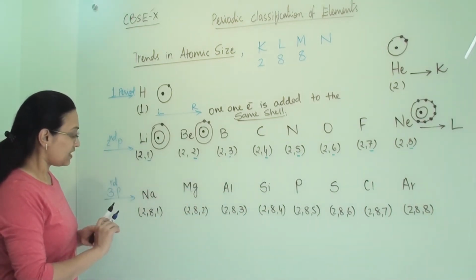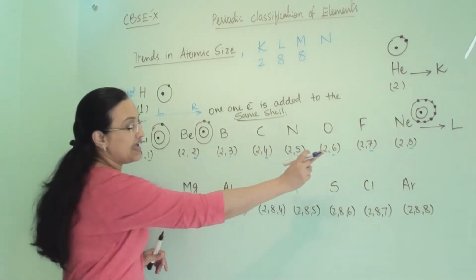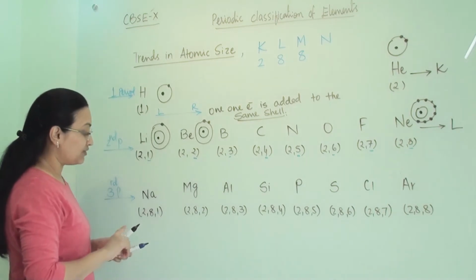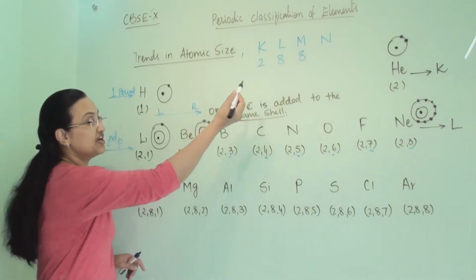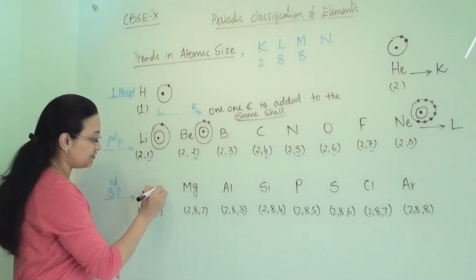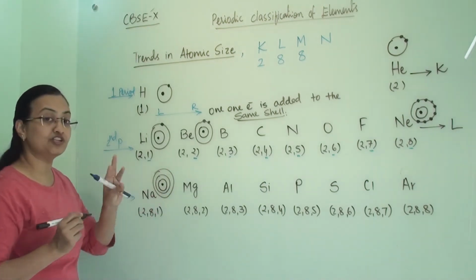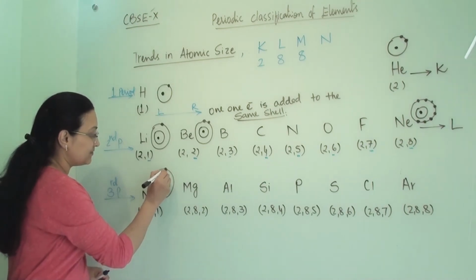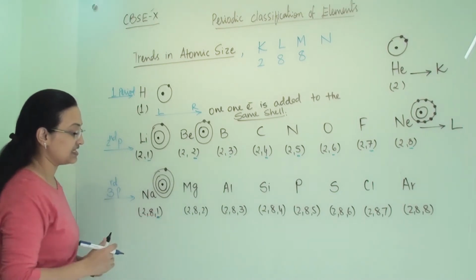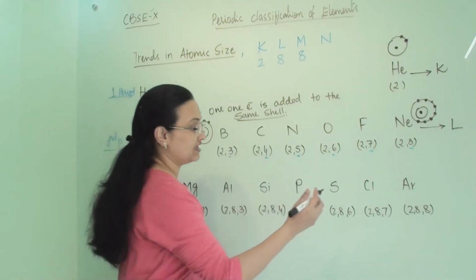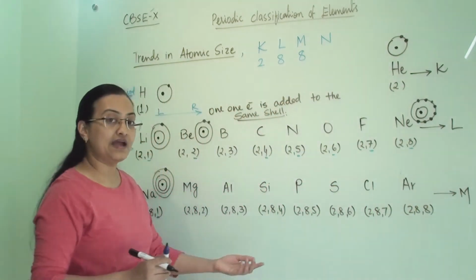Now here let us check the behavior in the third period. So here the L shell is completely filled. So now if we want to put more electrons, then we are going to the third shell, and that is the M shell. So if we are drawing an orbital structure of sodium, then it is something like this with 3 orbitals, and in the third orbit 1 electron is there. So here the valence orbit is the M shell. When we reach the last element, the complete M shell will be filled.